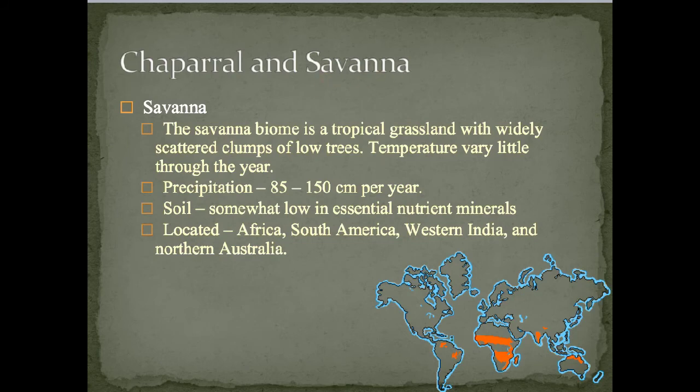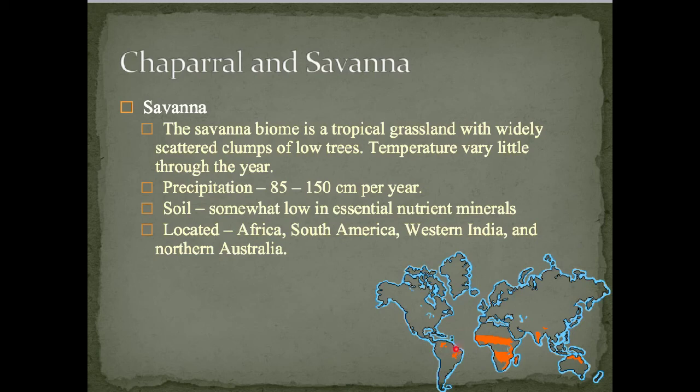And then savannas. The savanna biome is a tropical grassland with widely scattered clumps of low-lying trees. Temperatures vary very little throughout the year. Precipitation is not too little, but also not that high. It tends to be around 85 to 100 centimeters per year. Soil is somewhat low in essential nutrients and minerals, and you can find them here in Africa, India, northern Australia,